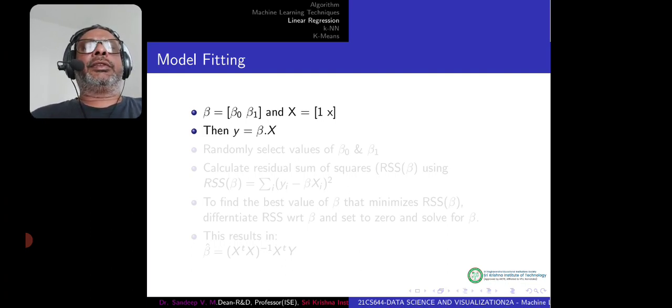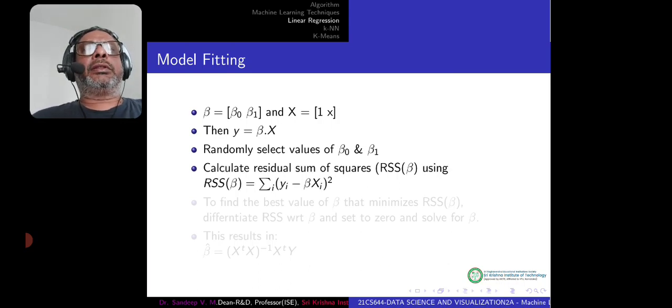Once this representation is used, now we can rewrite y equal to beta naught plus beta 1 x as beta dot x. So we can use the dot product of two vectors. Now randomly select any beta naught beta 1 values